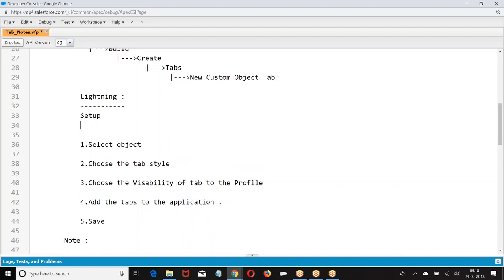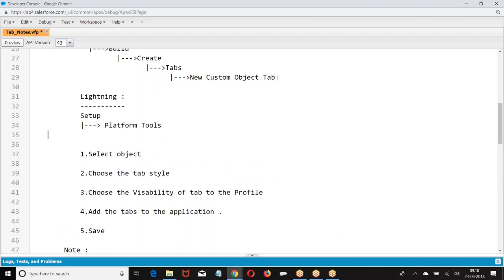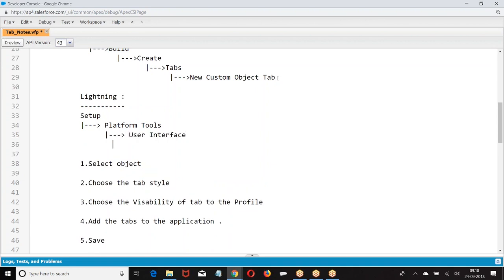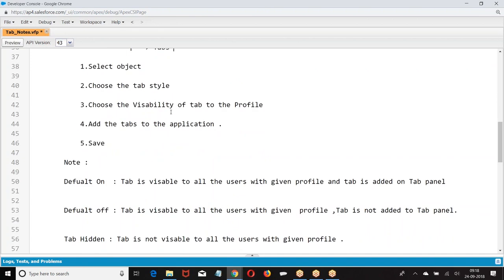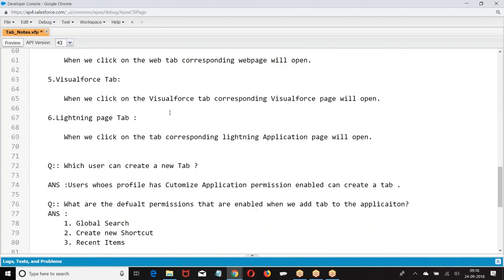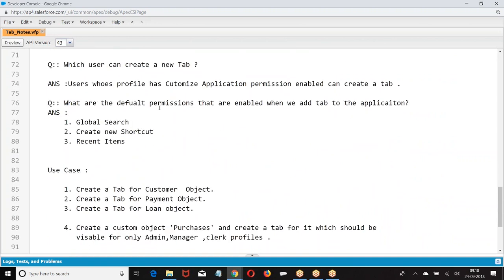Setup, platform tools, user interface. Apart from this, complete navigation is the same. Next, the moment you create a tab,